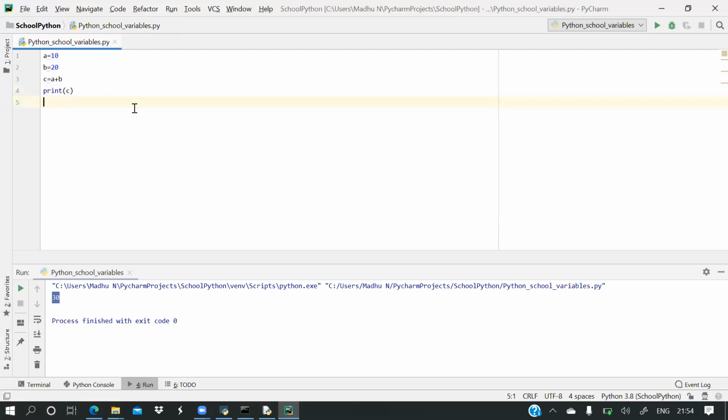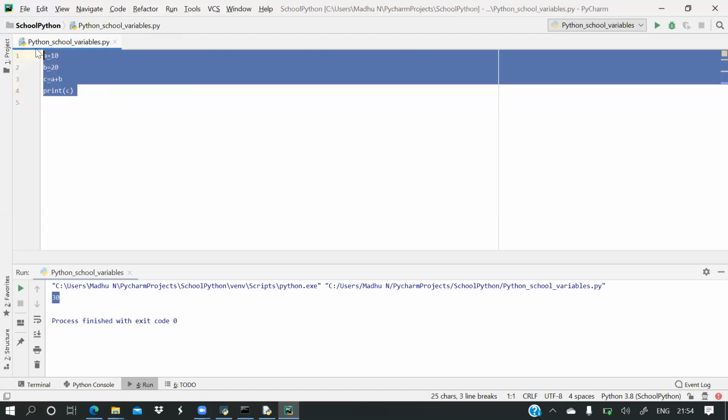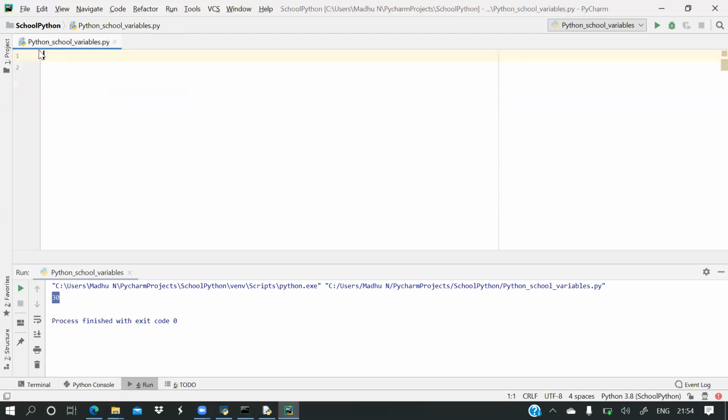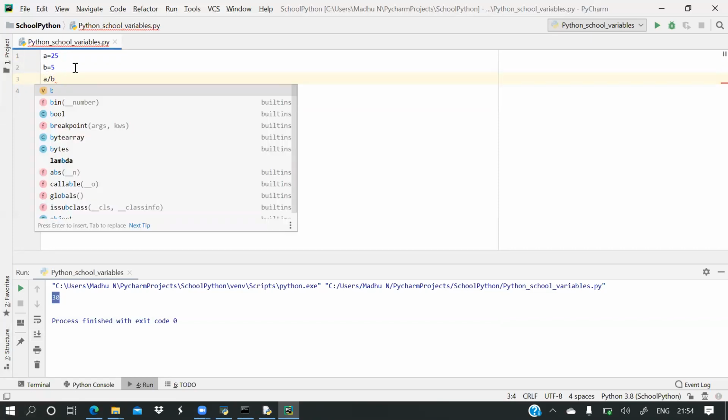Now again, if I write a is equal to 25 and b is equal to 5, now I am printing a by b without writing the print statement.